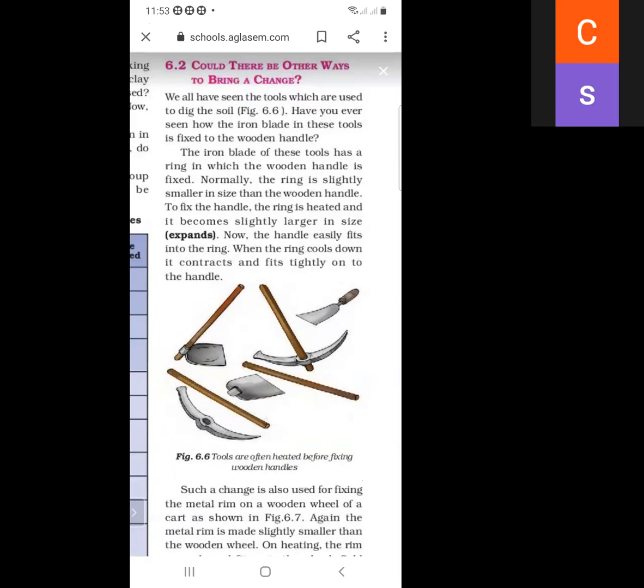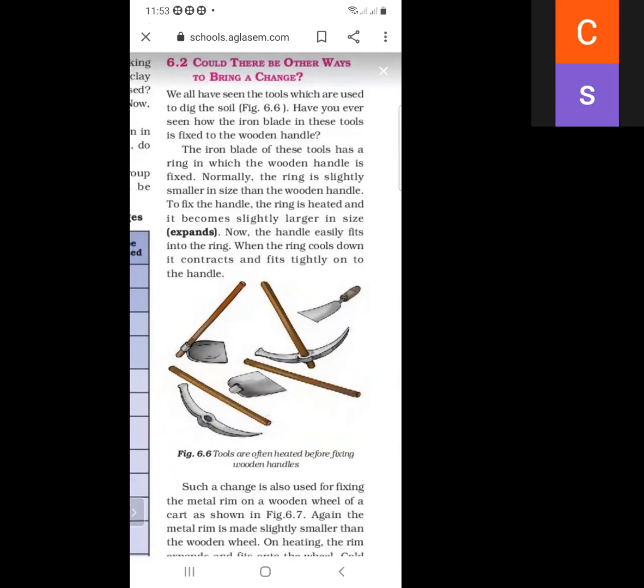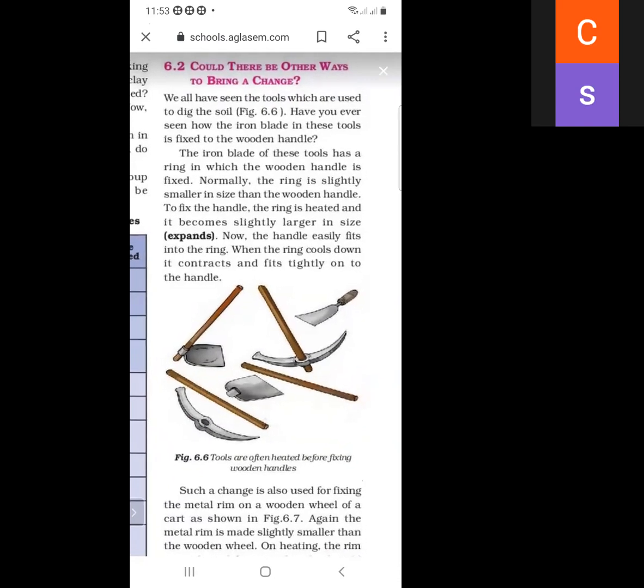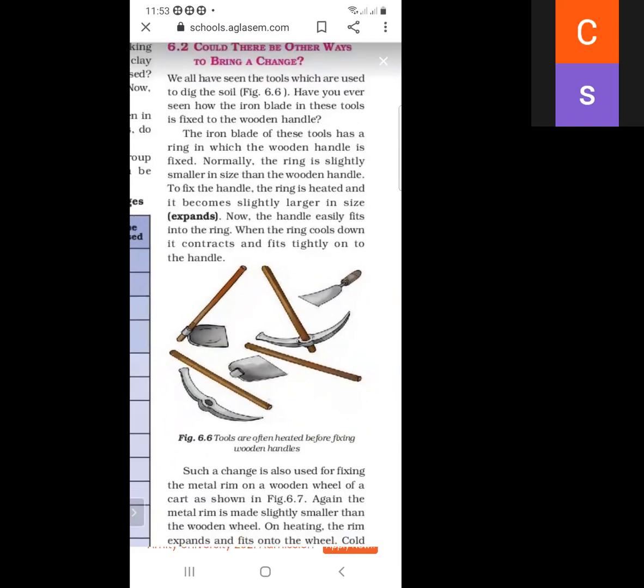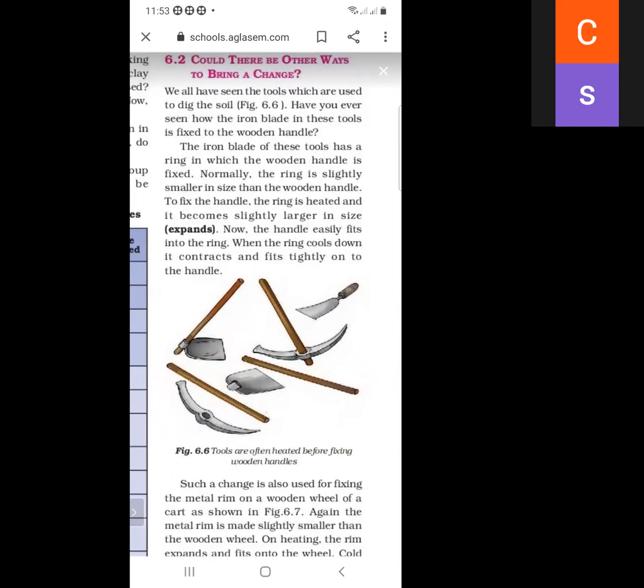These are the tools, and these tools are often heated before fixing wooden handles. The iron blade of these tools has a ring in which the wooden handle is fixed, and normally the ring is slightly smaller in size as compared to the wooden handle.